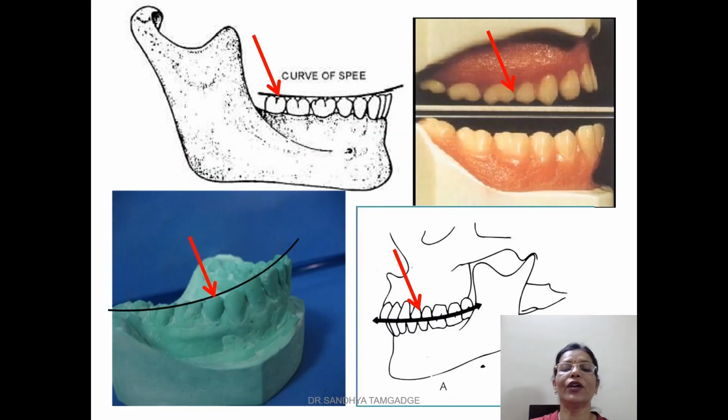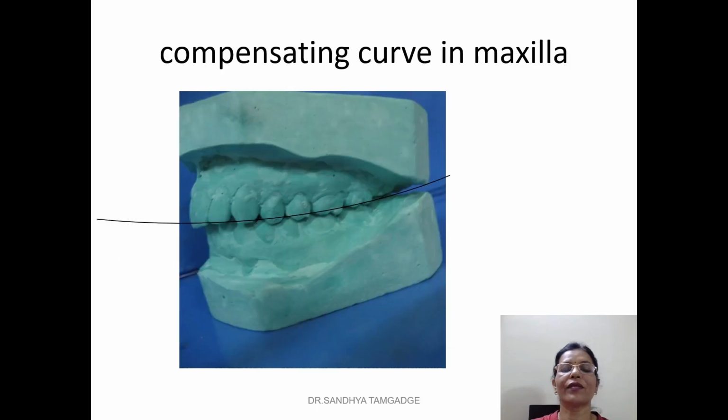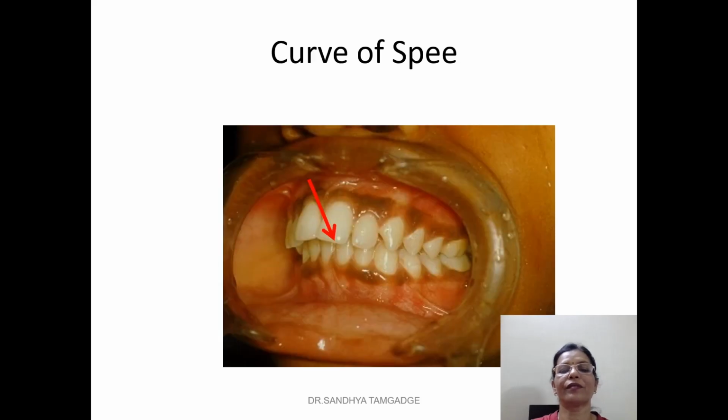So this is how you can see various sketch images and the cast. If you start from the central incisal edges of incisors, then the same arch you have to continue, follow the buccal cusp of premolar, molar, and you extend behind. It will form a circle. So it is concave in the mandible and convex in the maxilla. It appears like this.